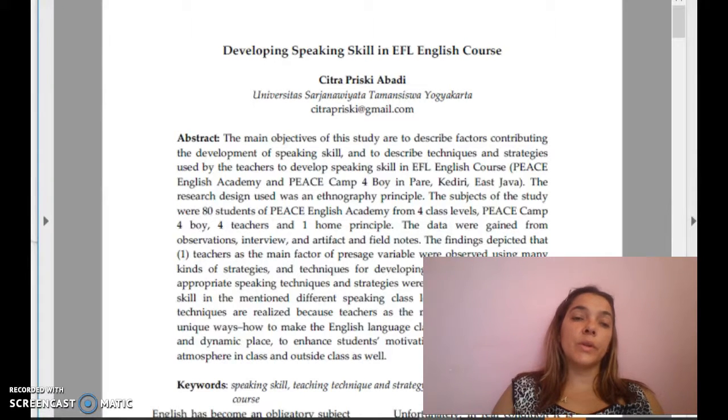Hello, my name is Carolina Betancourt, and in this opportunity I would like to share with you some characteristics of the qualitative research so we can compare with this article and identify what kind of methodology they use.